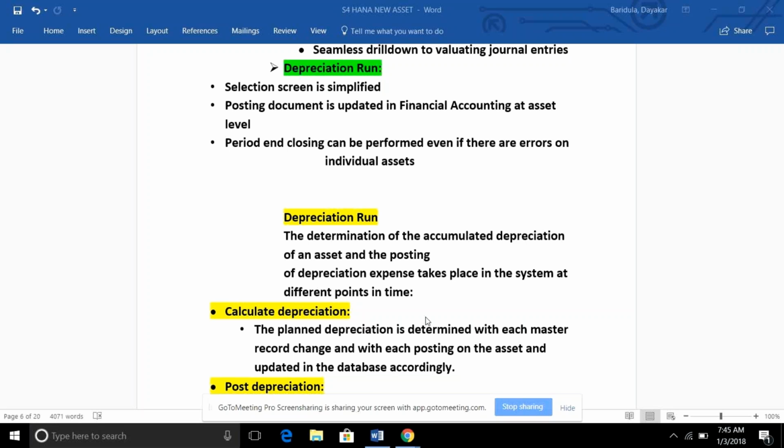The calculated depreciation, the planned depreciation, is determined at the asset level and posted at the asset level. So these will be updated accordingly.